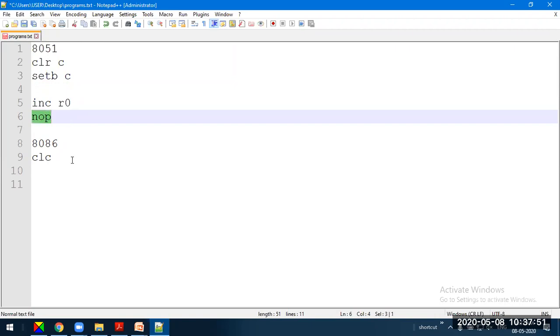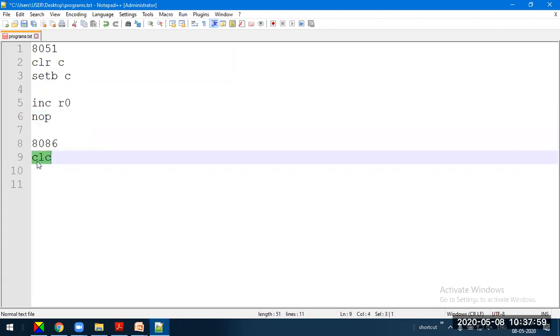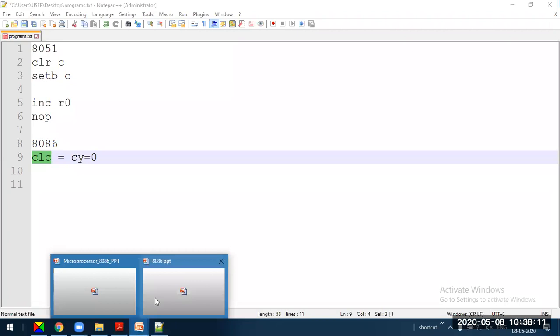Can we call this an implied addressing mode? No, because it does not do any operation. Whereas CLC is an implied instruction because it does the job of resetting the carry flag to 0. So that's the meaning of implied addressing mode.